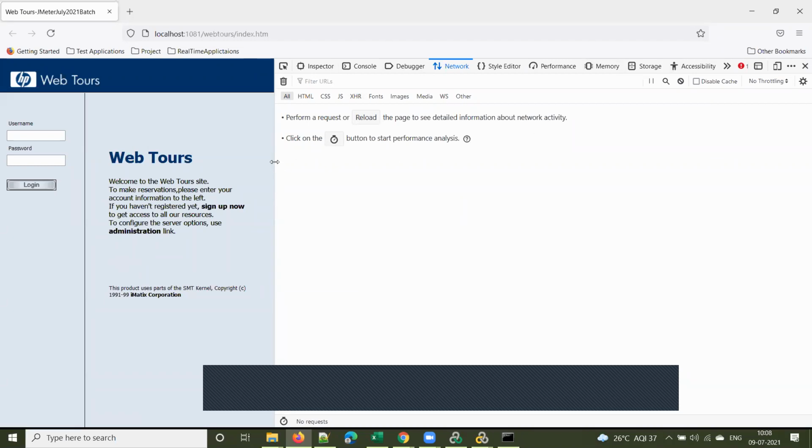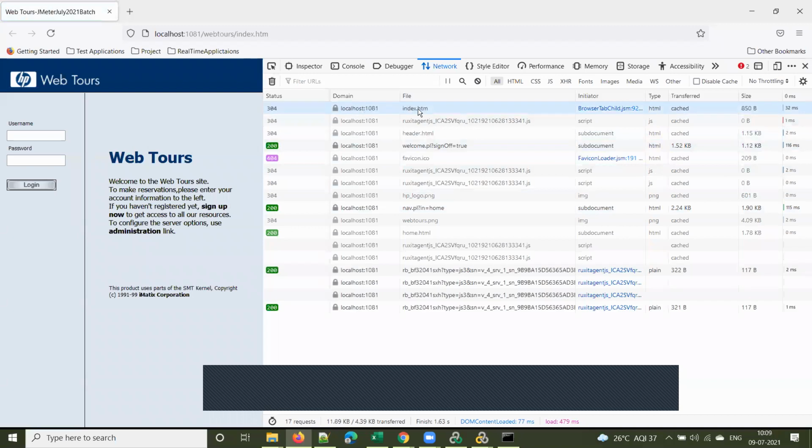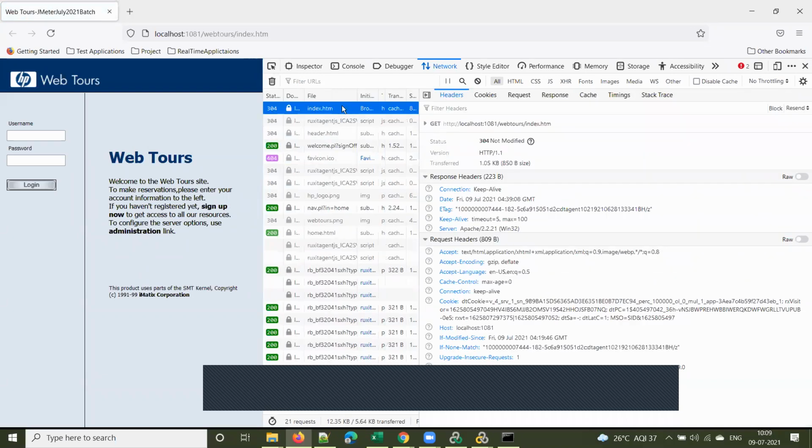You should know these developer tools, guys. We will be using them very frequently in testing, whether it is manual testing, automation testing or performance testing. We all use these developer tools. Even developers use them a lot. Every browser comes with this developer tool. Now, what is the purpose of this developer tool? Suppose I send the request again. See, what does it show? It is showing the main request, index.htm.